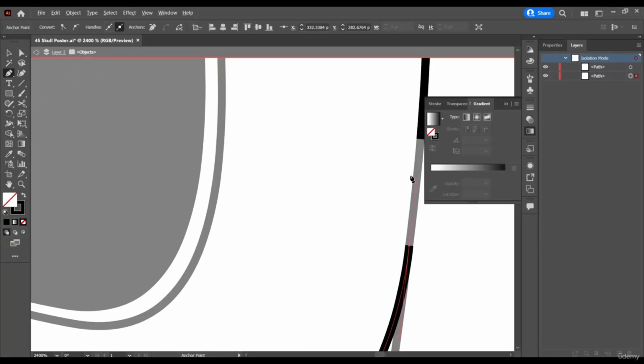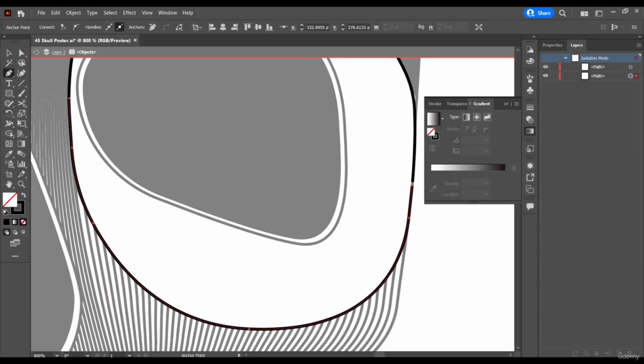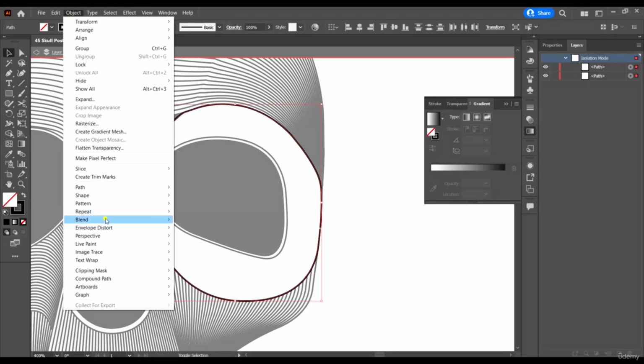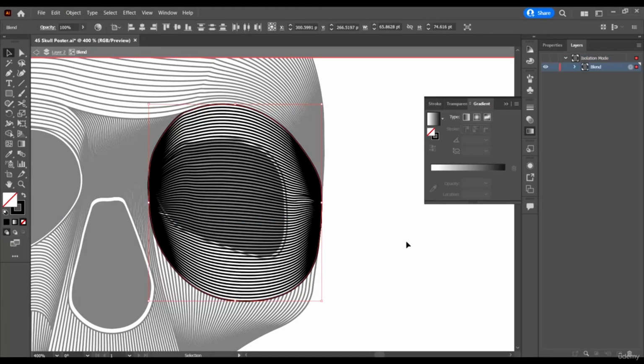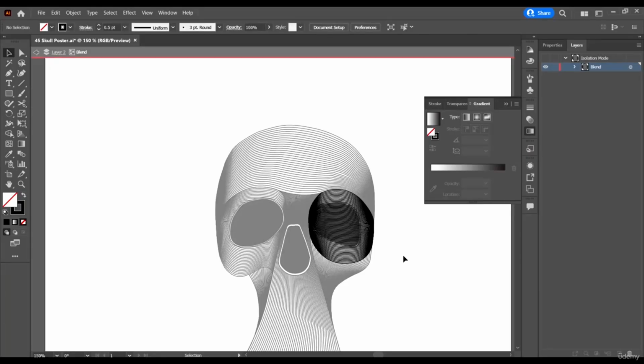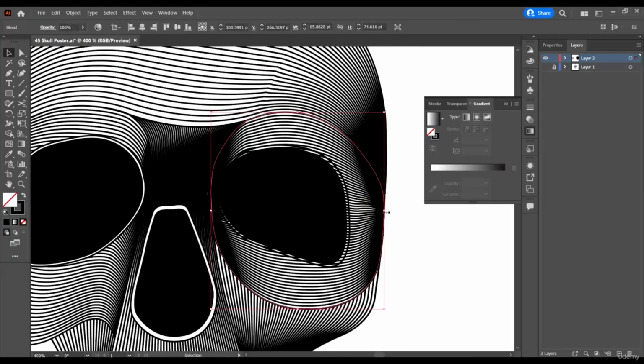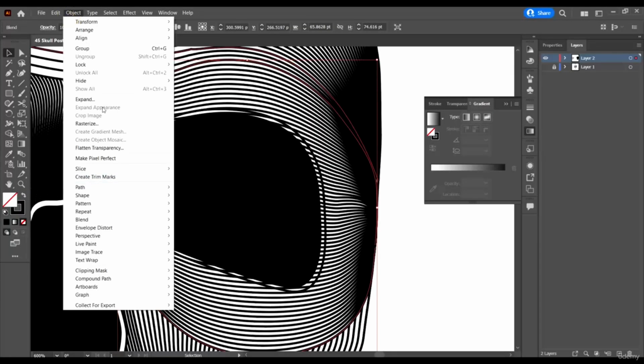I'm going to extend this one also. Okay, and then select both of them, object, blend, and make. Perfect. Hit escape. Now we can select this guy, just expand.